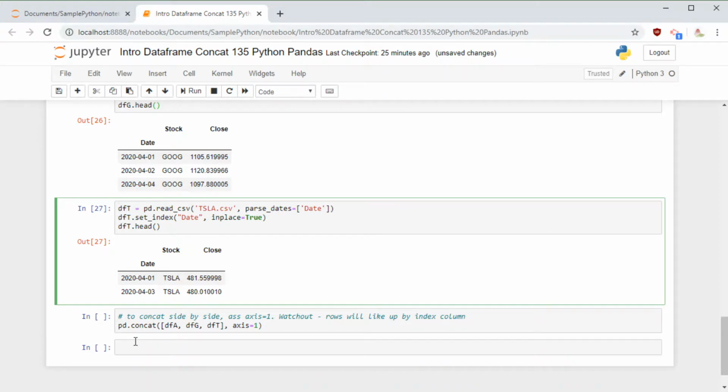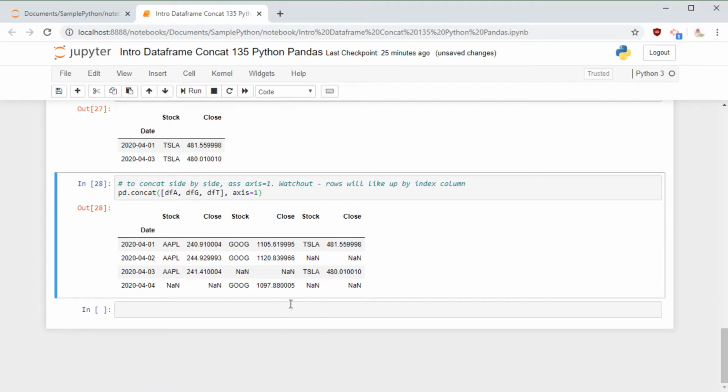That means I want to arrange them side by side, and above that I have changed the index to the date. So it's going to line up the records based on the new index, which is the date column. Let's see how the system behaves now.